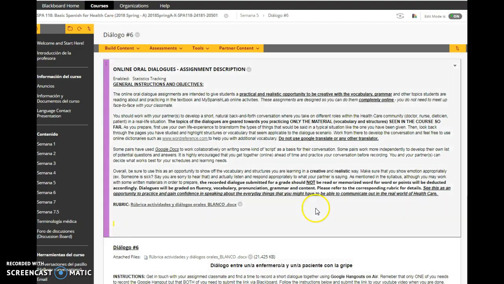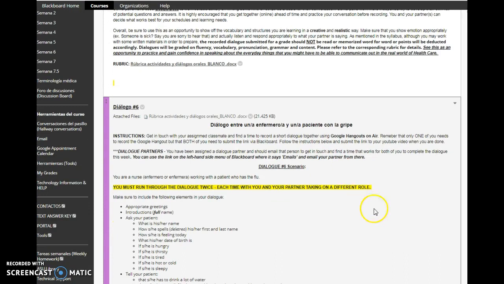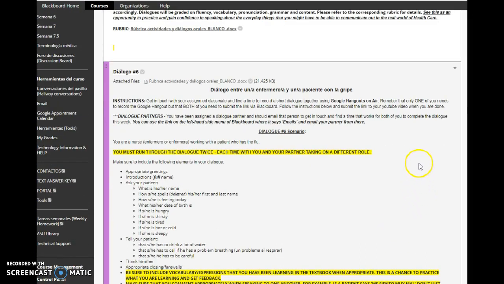Diálogo 6 is between a nurse and a patient with the flu. One person will be the nurse, the other will be the patient who has the flu. And remember, just like before, you have to switch roles and do these conversations twice. Again, we've got the normal greetings, introductions, finding out the name and date of birth. Also, you want to find out if the patient's hungry, thirsty, tired, hot, cold,